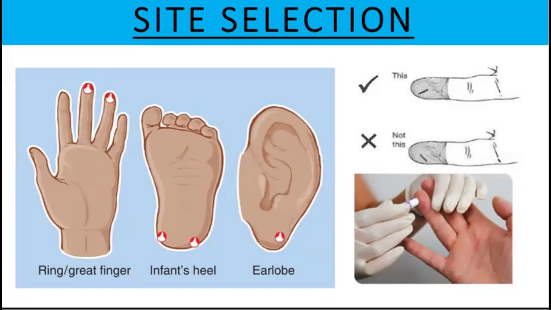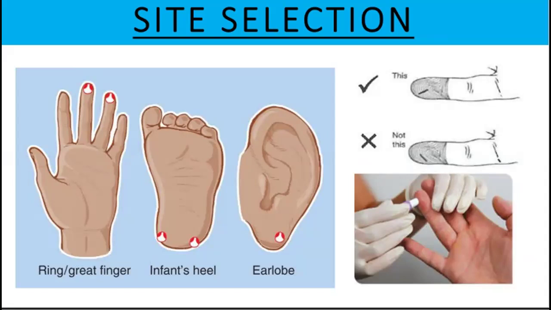As to heel puncture, we are going to puncture on the plantar surface, medial or lateral side. Okay, so on the side of the toe, the big toe and the little toe. So here we puncture. We are not allowed to puncture at the bottom where the arc is. It's because it is near the bone. There's a great tendency or possibility that the bone will be affected or break. Okay? We are going to break on the arc.